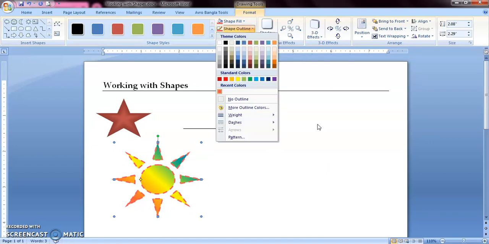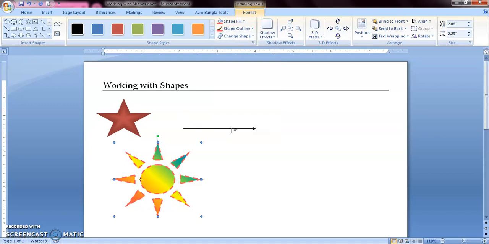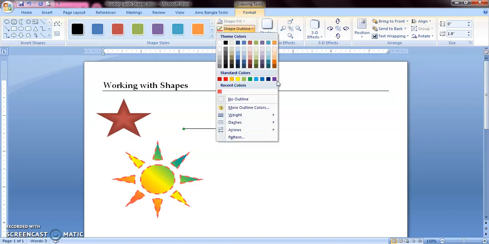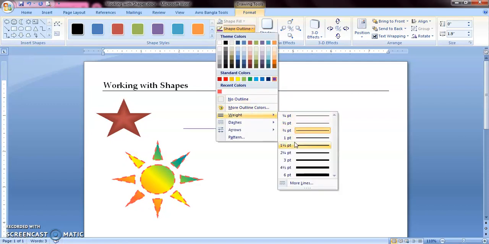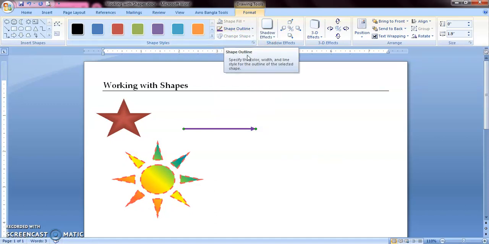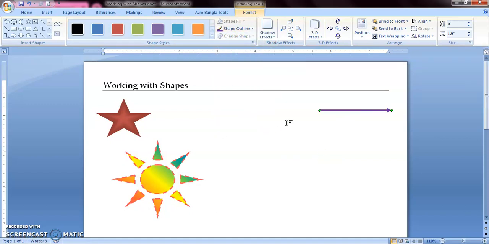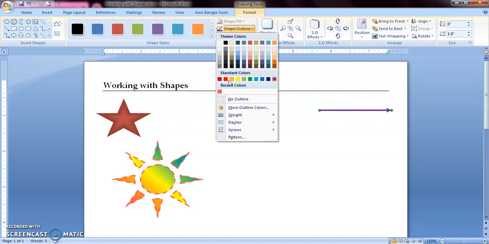But there are some more options, arrows, which is now inactive because it is not an arrow. This arrow option is only applicable to an arrow. So I have already drawn an arrow on this Microsoft Word page. Now first let's change its color a little bit, say make it purple. And now change its thickness. Now go to the arrow option. So move it here so you can see the preview.